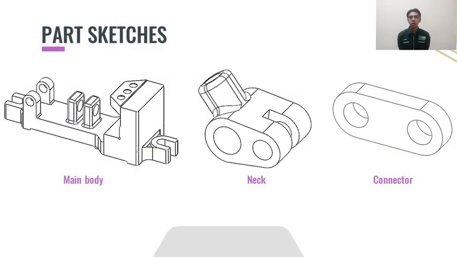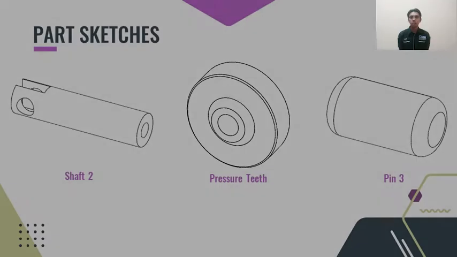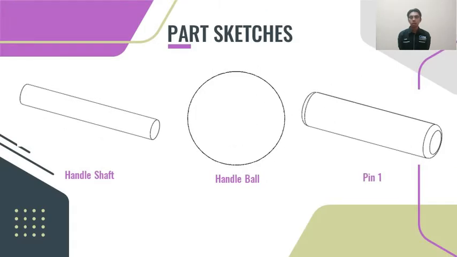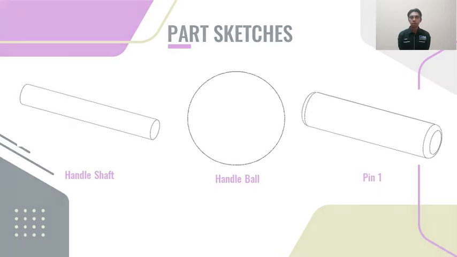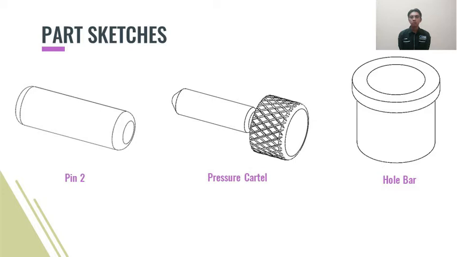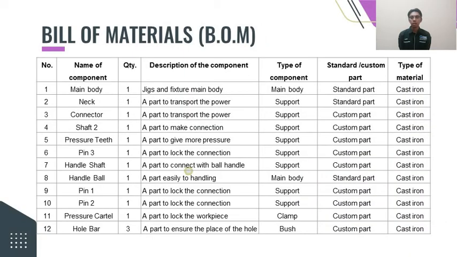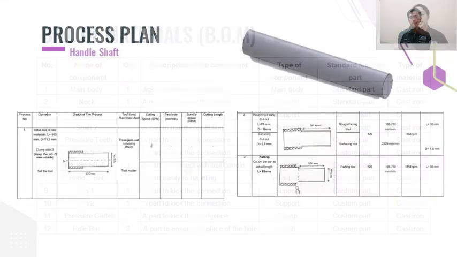Our jigs and fixtures have 12 parts, such as main body, neck, connector, shaft, pressure teeth, pin number 3, handle shaft, handle ball, pin number 1, pin number 2, pressure cartel, and hole bar. And here's our rough drawing for jigs and fixtures. A bill of materials is required for our jigs and fixtures. All component details, including type of component, standard or custom part, and material type are recorded in this bill of material. My name is Muhammad Iqmal Hakim,